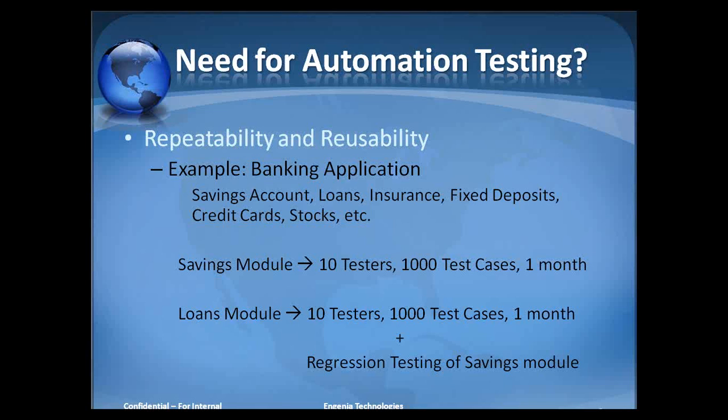So see the huge burden on the testing team, that they have to test the loans module as well as the saving module. We have to do a regression on the saving module to ensure that when we are integrating the loans module into the system, there is no breakage in the saving module as such. So in a month's time, they have to test the loans module and also test the saving module for regression. So this is quite a huge effort. And if this continues for all modules, at the end of the final release, which we assume as release 8, for example, the team cannot do much because they have to do the regression testing for all the modules within the same 1 month.